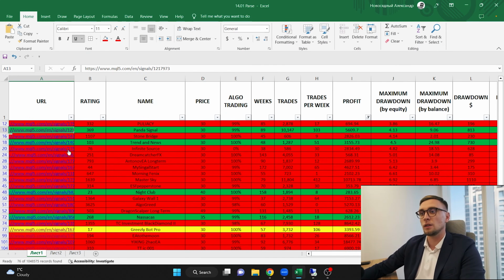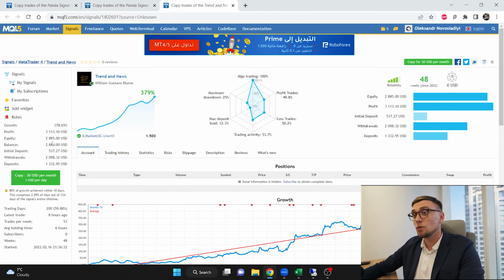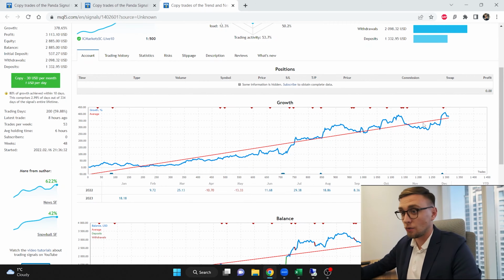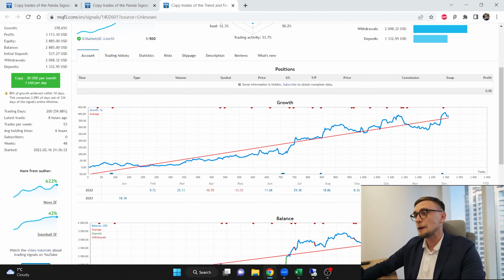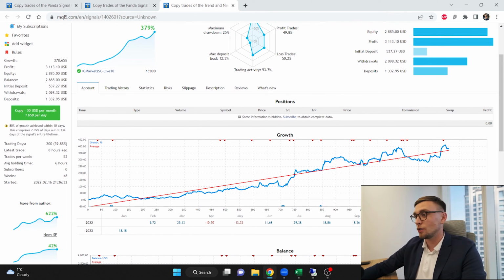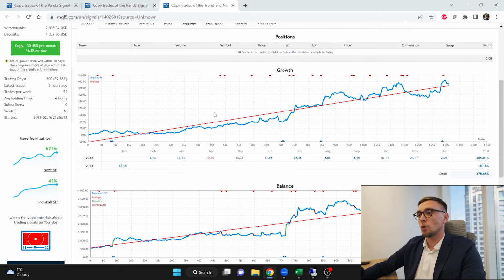Another signal that I really highly recommend you to check is called Trade and News. Here we can also see that it's not ideal, but we are not running for that. What's the benefit? For the last month his profit was 300% in comparison to his initial deposit. By the way, that's also not true. You need to pay attention every time to the balance, but still, if we talk about the balance, he has a balance of $2,800.